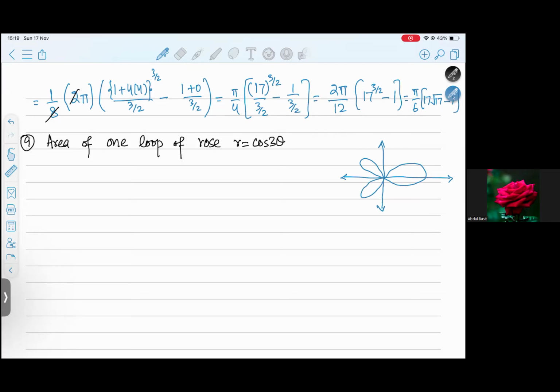Okay, now we need to compute the area of only one loop. So we will compute the area of this loop, right? In this loop, because the radius is going from 0 till this point, and this point is cos 3 theta, the limits of r are from 0 to cos 3 theta, and for the angle, what we will do is